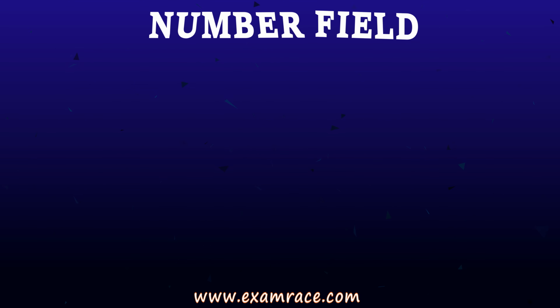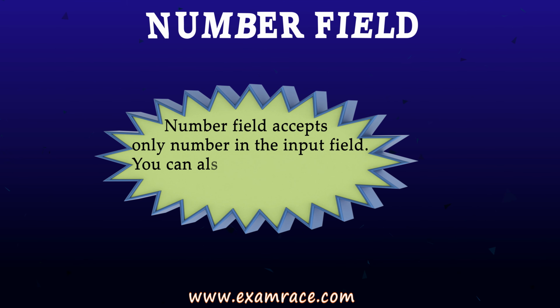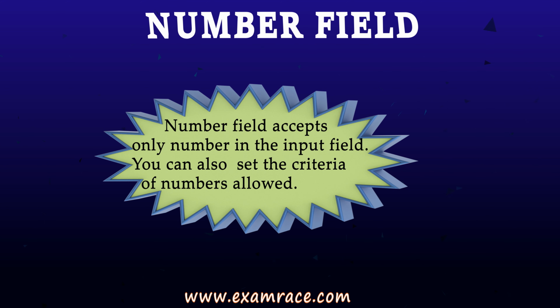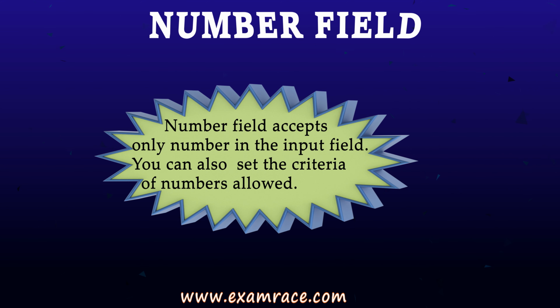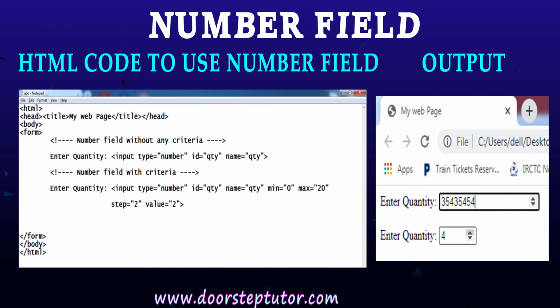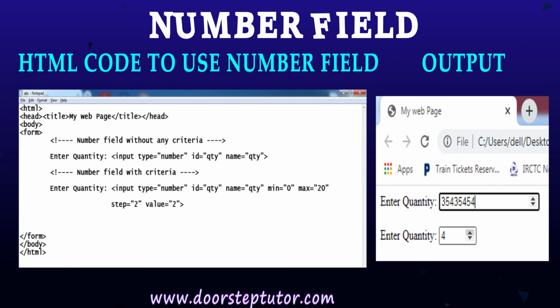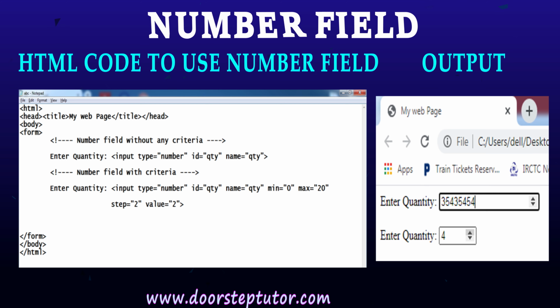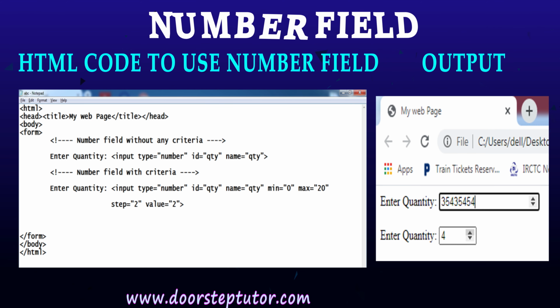Next we are having number field. What is the use of number field? Number field is basically used to get numeral data from the user. Like I have taken enter quantity. In enter quantity, I have taken one input tag, type is equal to, in the double quotes we need to give here number. Number means that only numbers will be allowed. So in the next code, I have taken one drop down where I have taken minimum and maximum value. It means that we will have different values between 0 to 20 only.